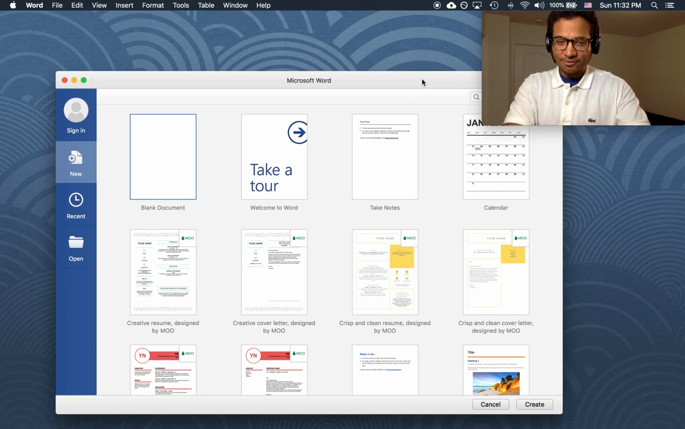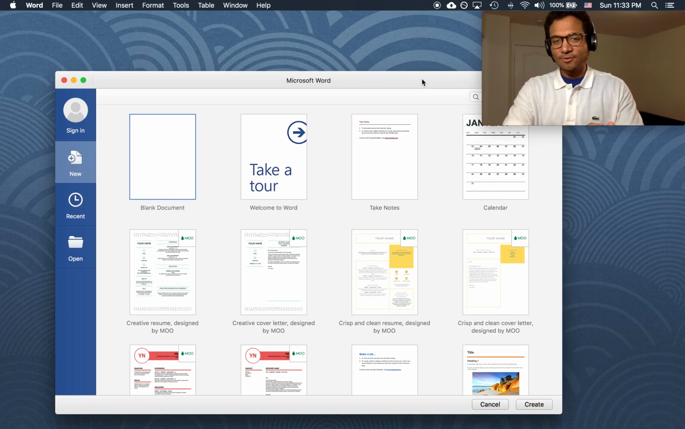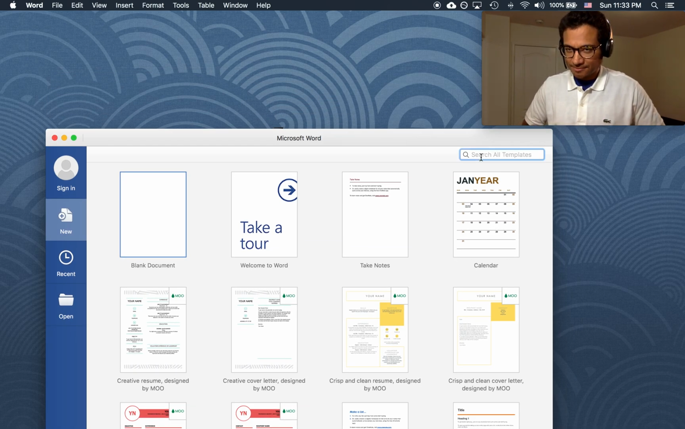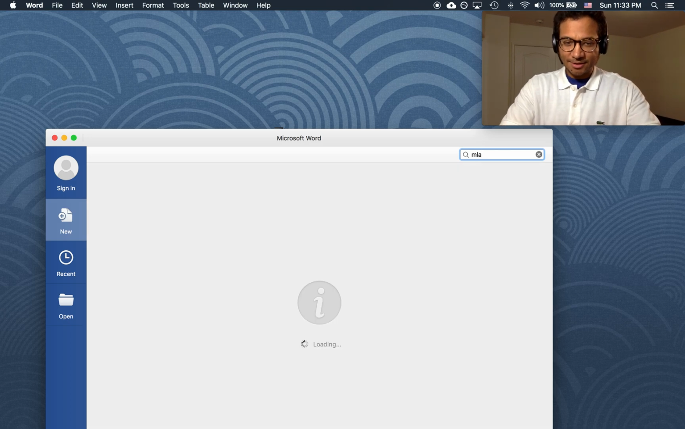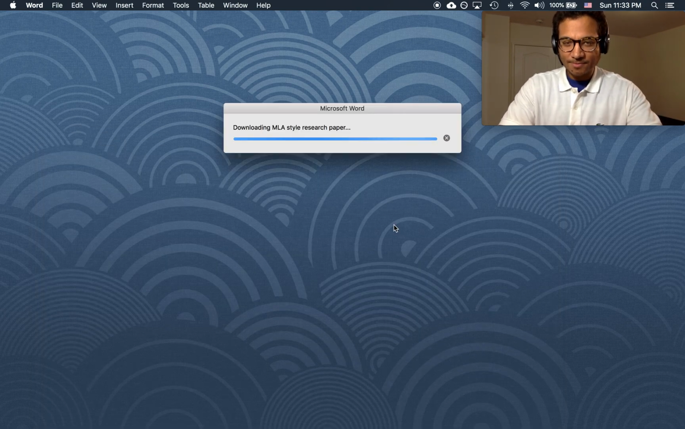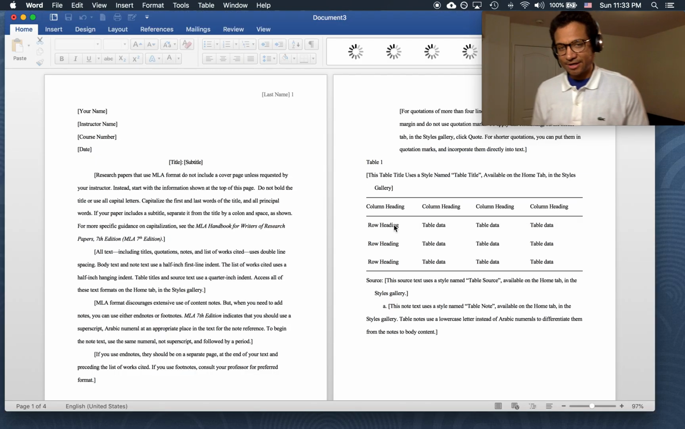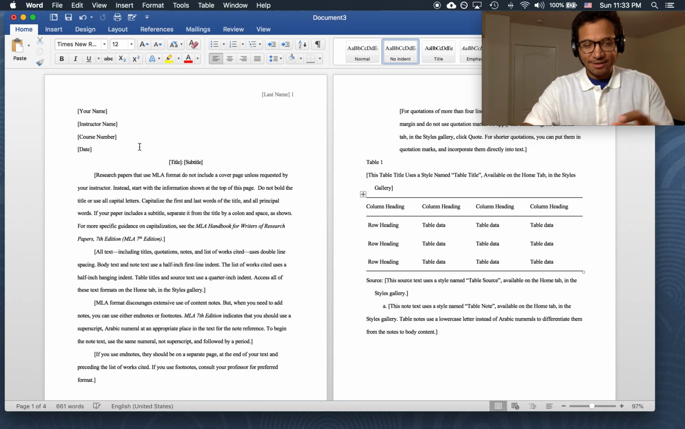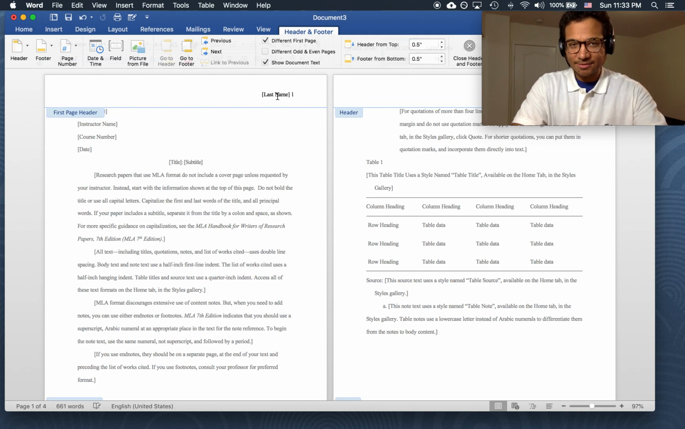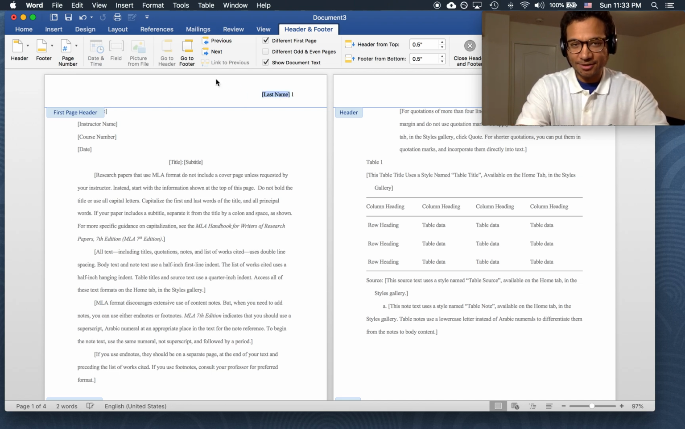Just like there are templates for recipes and for resumes, there's also a template for, drumroll please, for MLA. So type in MLA. Here we go, MLA. Boom. So if you forget all this, check it out. It's set up for you. Name, instructor name, course, date. Here's the last name. So you just click it in there, put your last name,